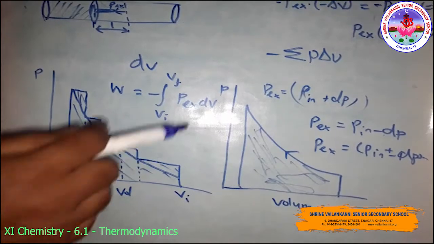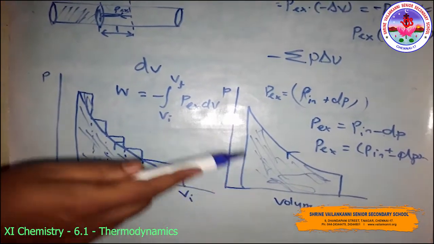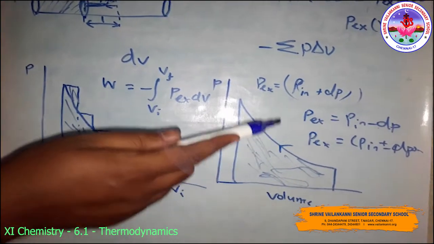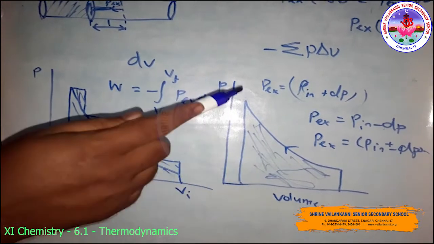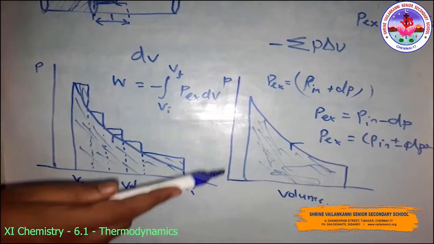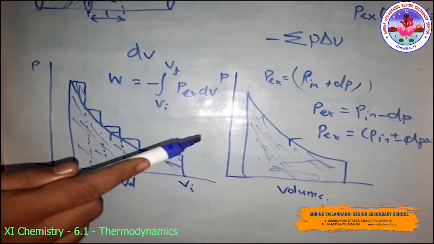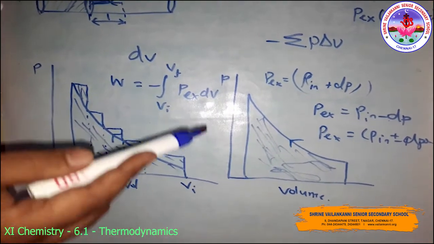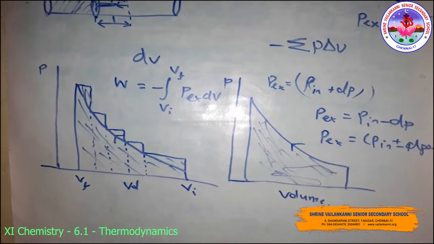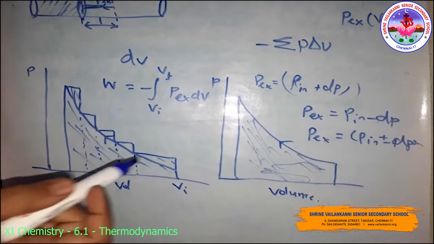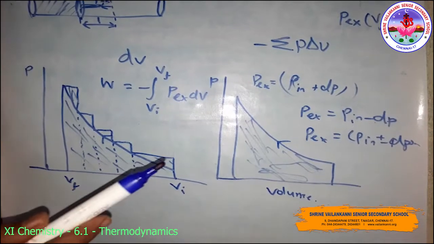A process or change is said to be reversible if a change is brought about in such a way that the process could at any moment be reversed by an infinitesimal change. The reversible process proceeds infinitely slowly by a series of equilibrium states, such that the system and the surroundings are always in near equilibrium with each other. So the processes other than the reversible process are called irreversible processes.